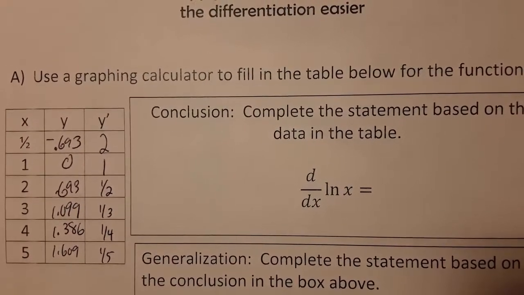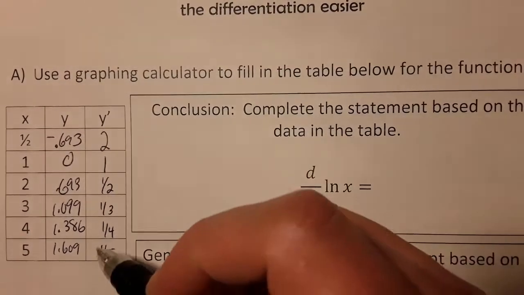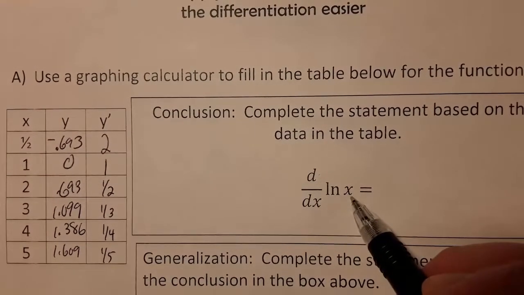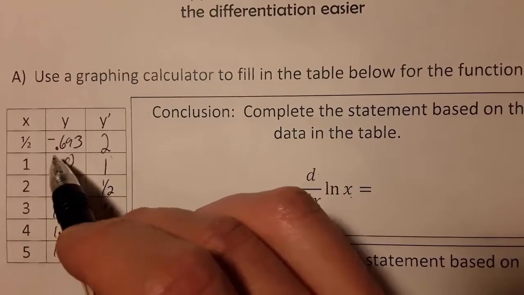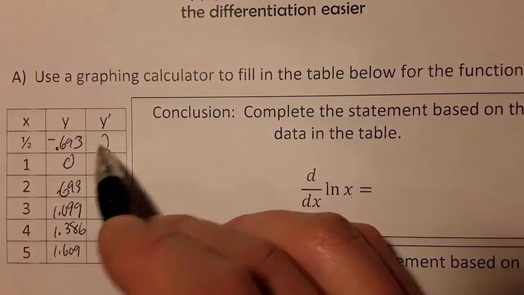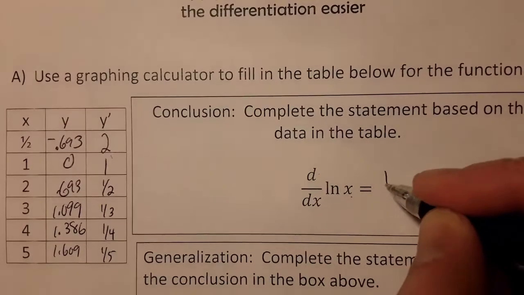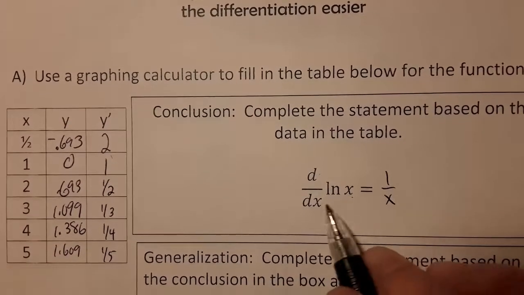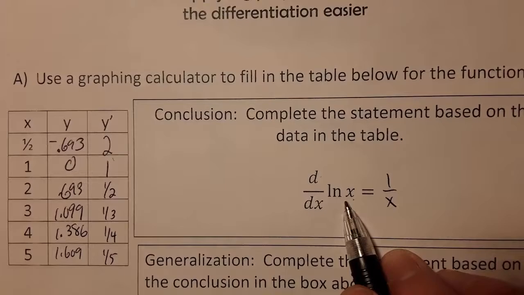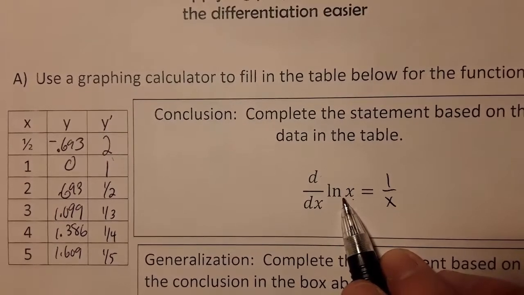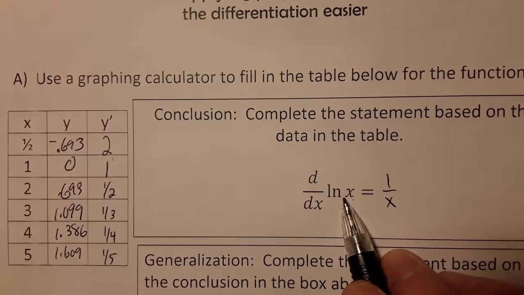You don't have to be a professional investigator to know from the pattern here. The derivative of natural log x is simply the reciprocal of the x value. Flipping a half gives you 2. Flipping 2 gives you a half. Flipping 3 gives you a third. So we could just call this 1 over x. So ln of x, which is a transcendental function that always generates all these irrational numbers, has a